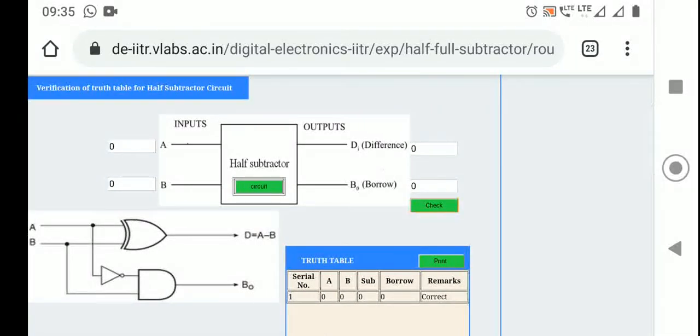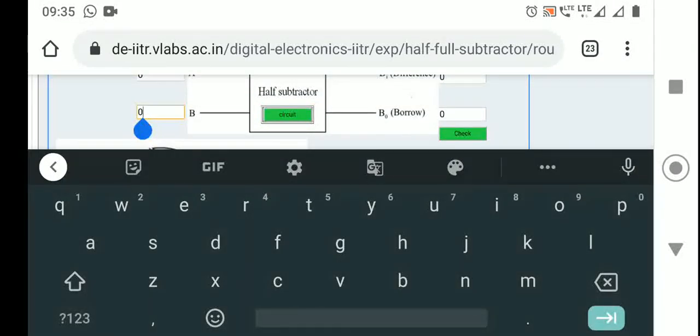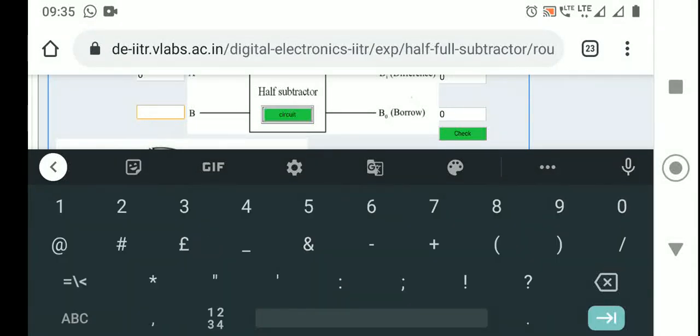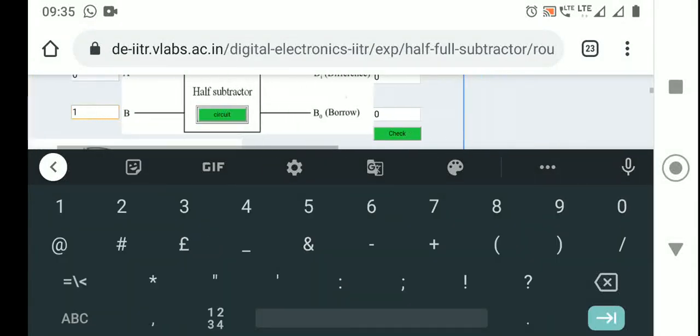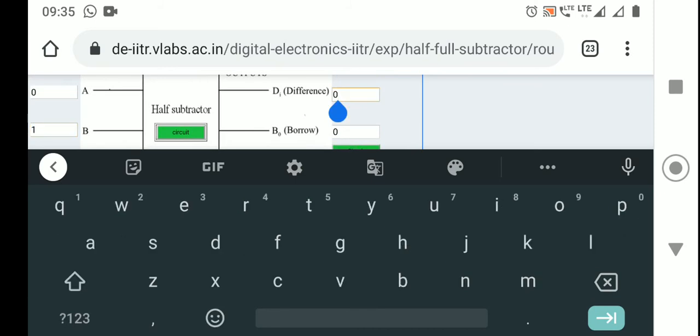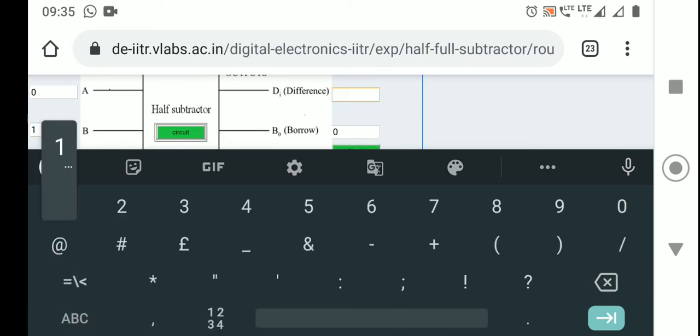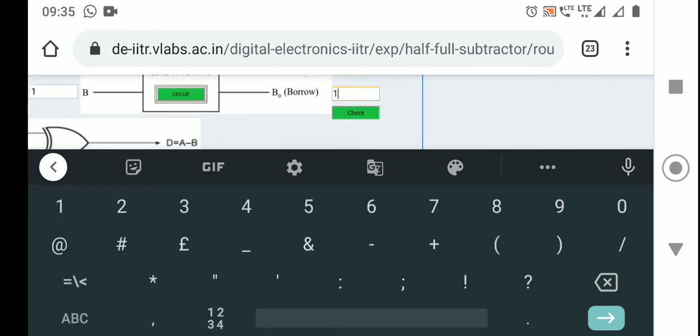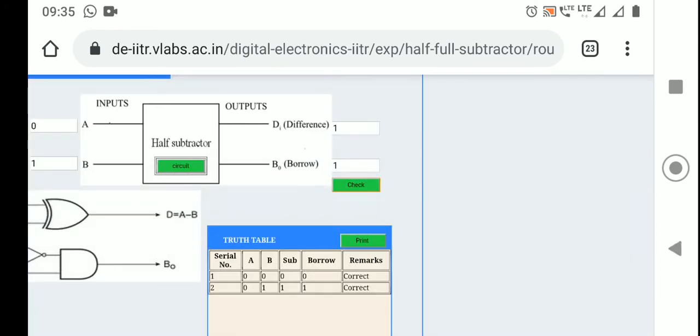After that we will give the 0 1 combination. In 0 1, difference will be 1 and borrow will be 1. So we will check, this is correct.